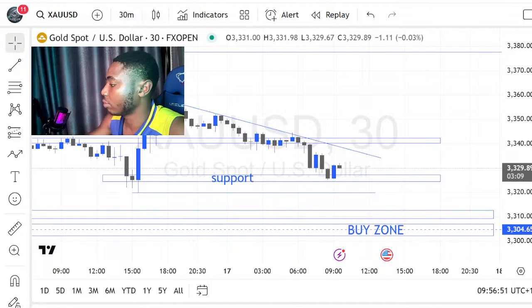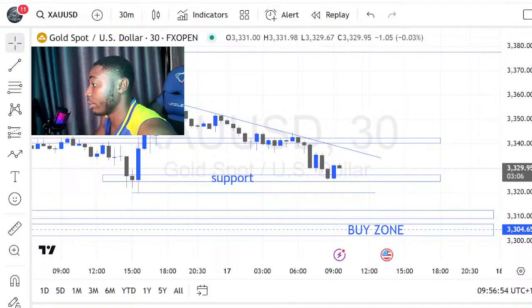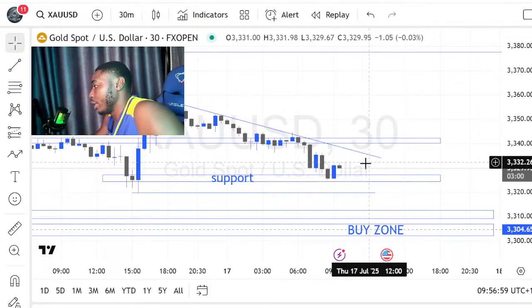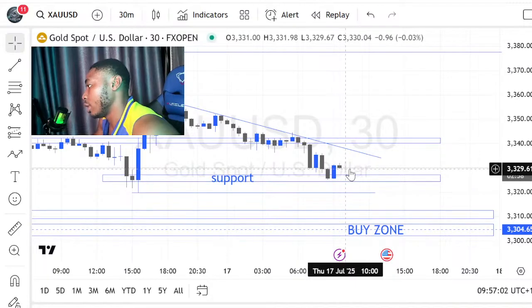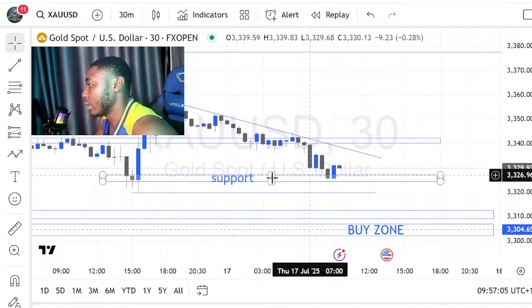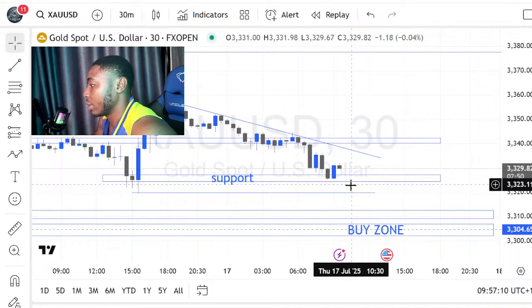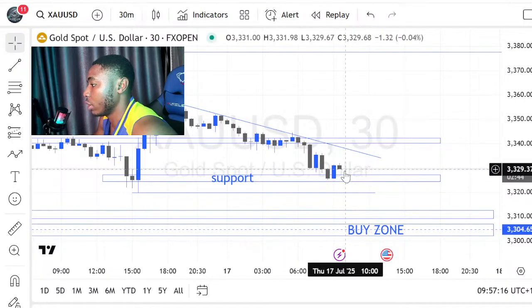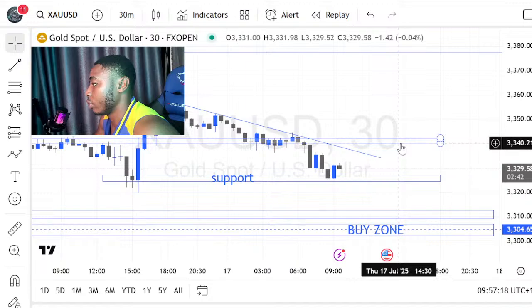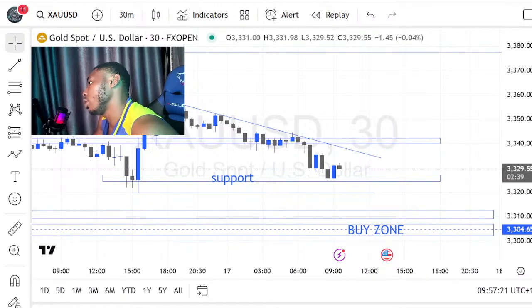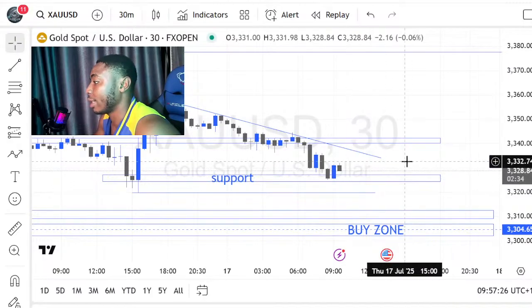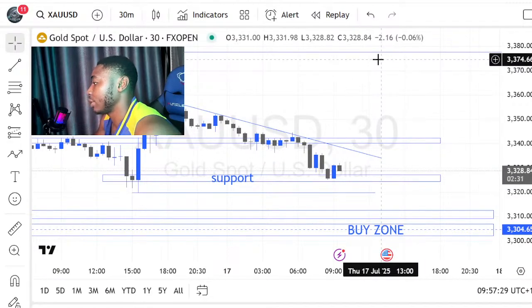Okay, so that's what I'm going to say. You need to be calm and relaxed and wait for the right moment to execute. And as you can see, gold is even trying to do what I'm saying, but it's best to wait for even breakouts. If it breaks out below here, with a candlestick closing below here, then you can take those sells here and head to this buy zone. Anything other than that is a disaster. Yep, as we can see, it's doing that which I wanted it to do.